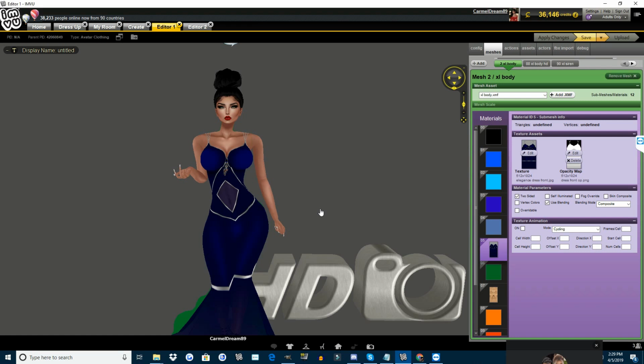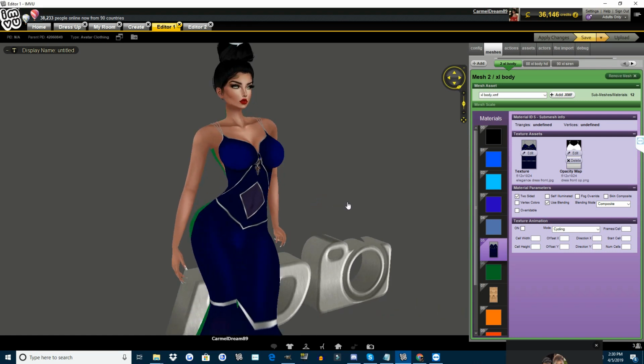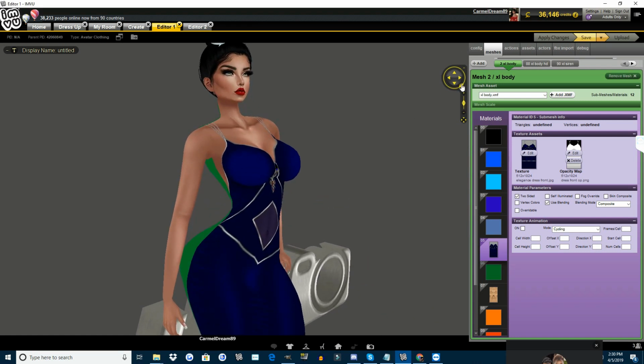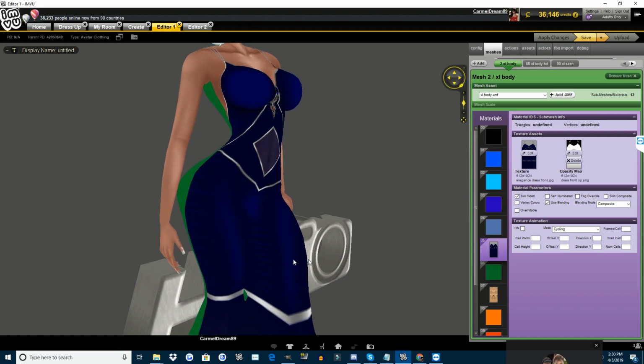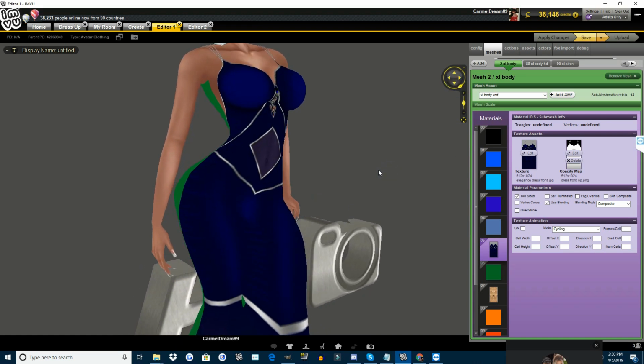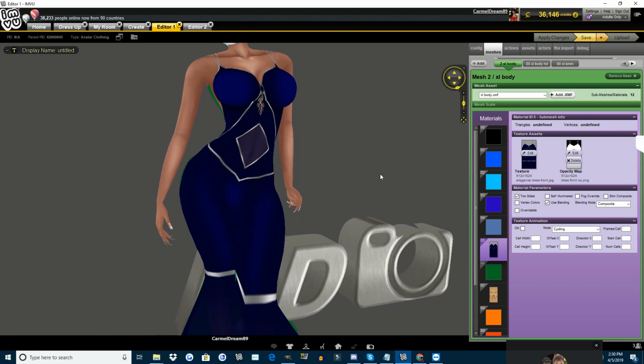Now, someone did give me some preset wrinkles to play with. And Miss, those are cool and all, but I want to make my own. Right. So you see,